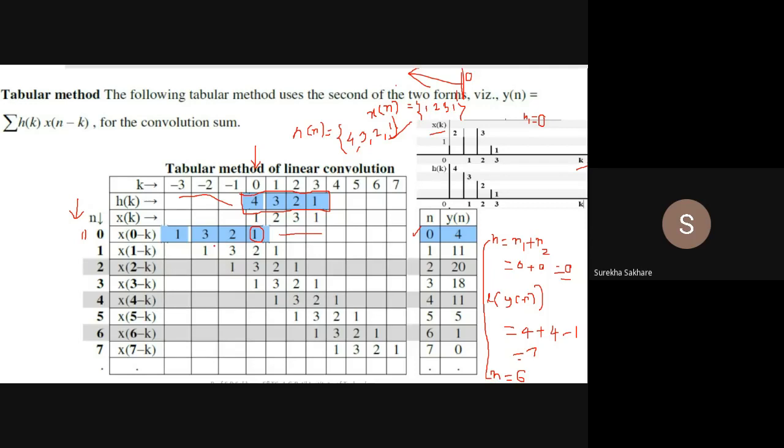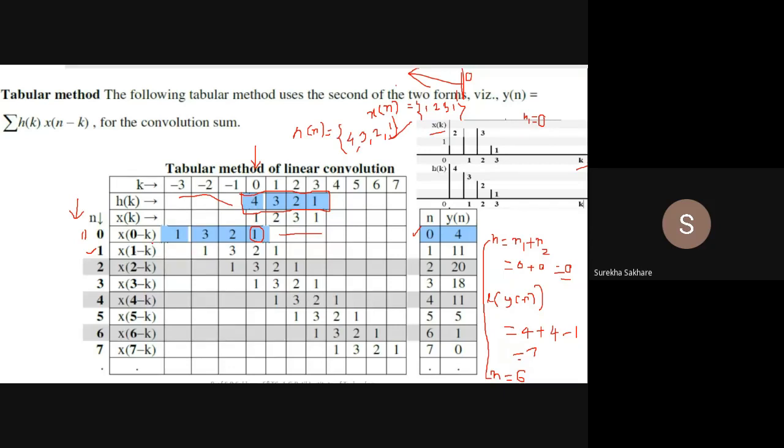Now I think you are coming to the second point. Now n is equal to 1. In the equation also we had done that, at n equal to 1. This is the tabular method of indicating. That's it. Then n is x of, because I am folding x, that is why I am using x, so here 1 minus k.